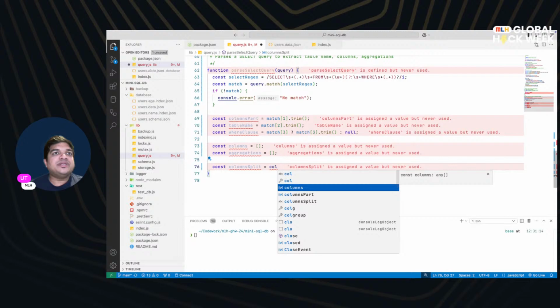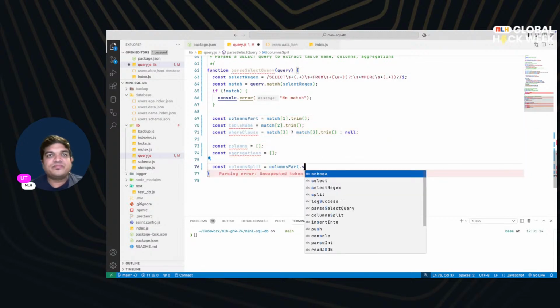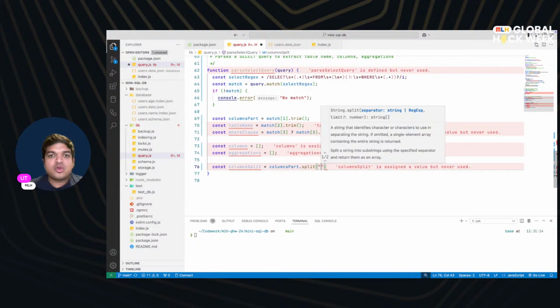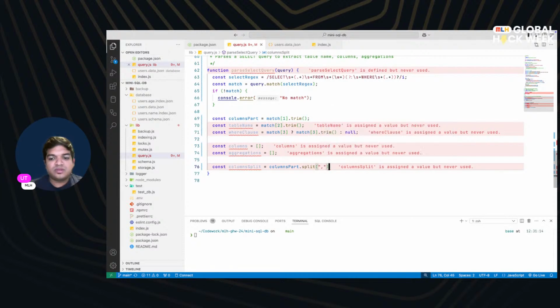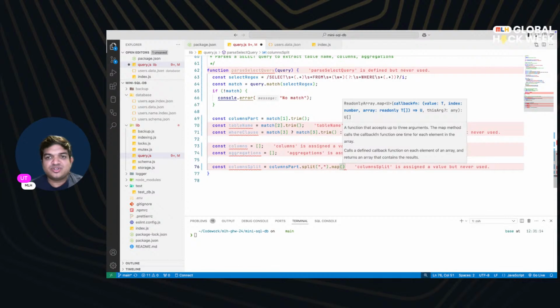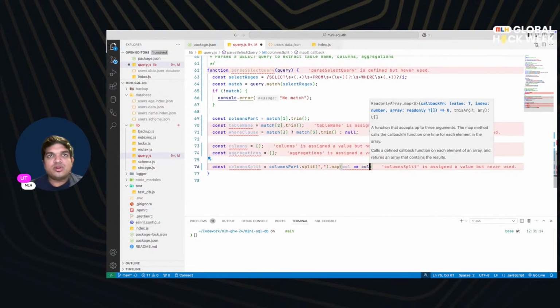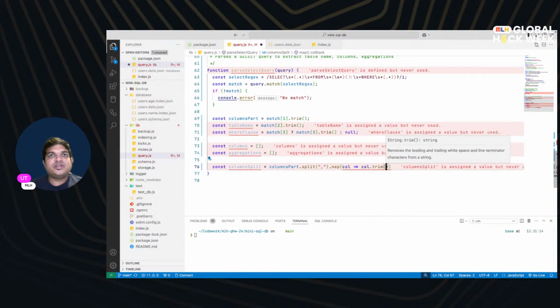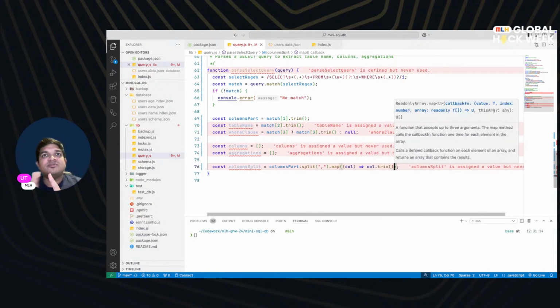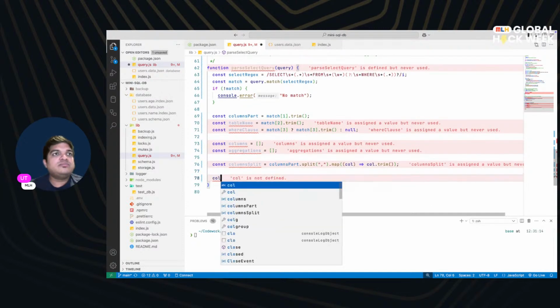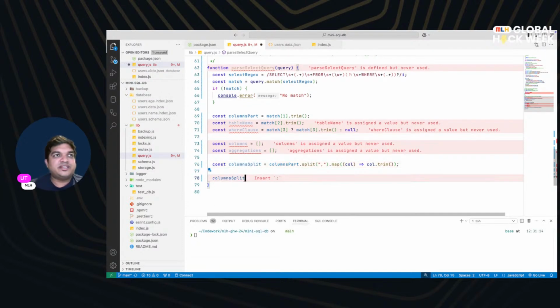So this would be columns part dot split on comma. We have removed all the pieces, so they should work out. Call such that call dot trim. Okay. So any additional spaces after splitting it from the comma, this is what we end up with. Now we can say columns split dot